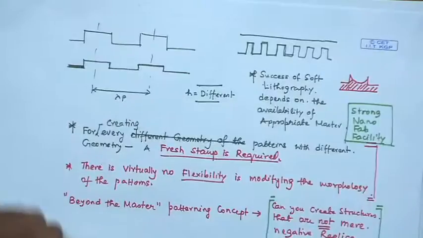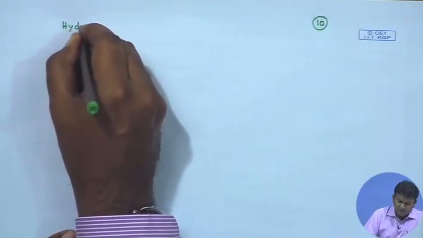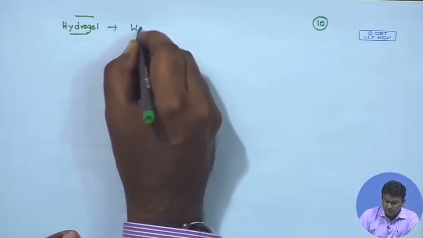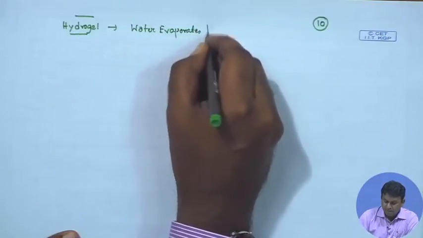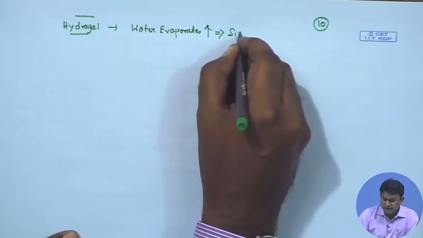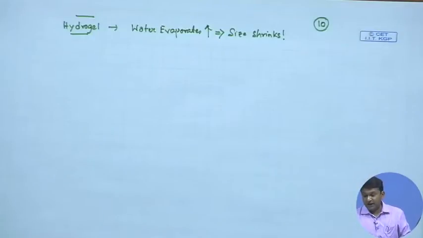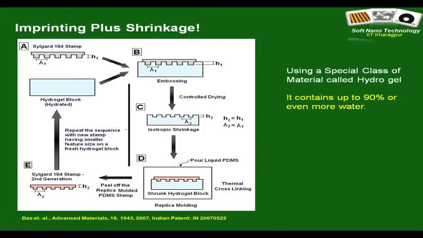It is a special type of gel that contains a lot of water, and what happens is, as the water evaporates, the size of the gel sort of shrinks. So, water evaporates, size shrinks, and Professor Sharma always emphasized that his idea was motivated by the 90s blockbuster Hollywood movie Honey, I Shrunk the Kids. So, anyway, what it does is, you do a simple imprinting like replica molding or whatever, but you